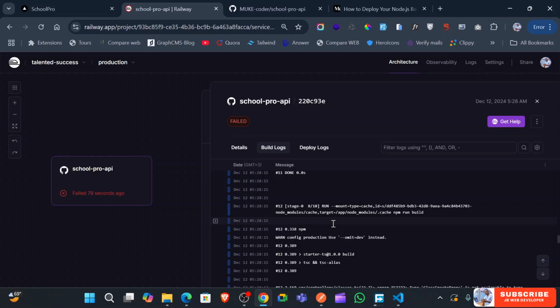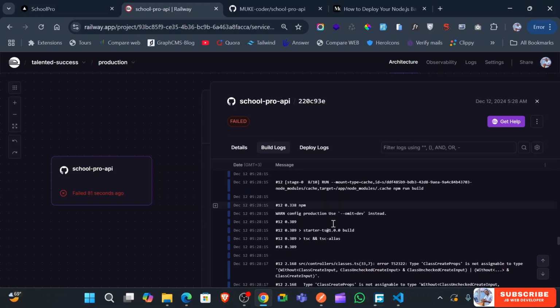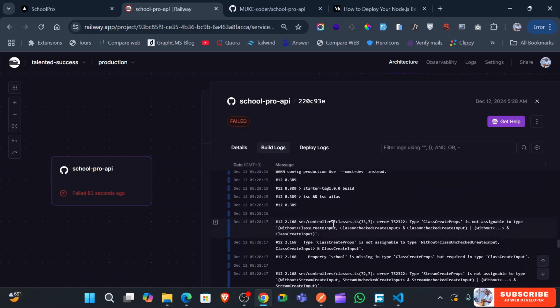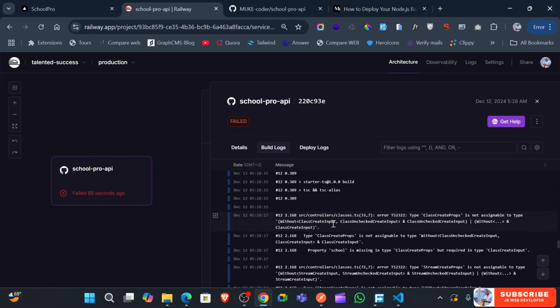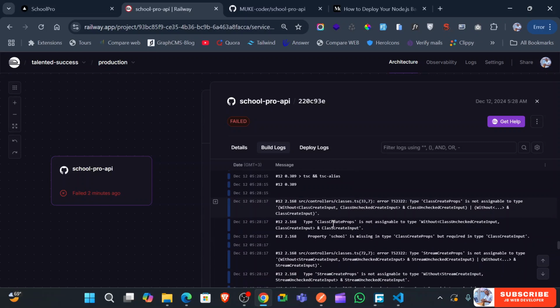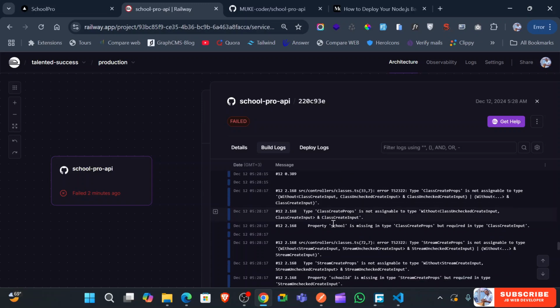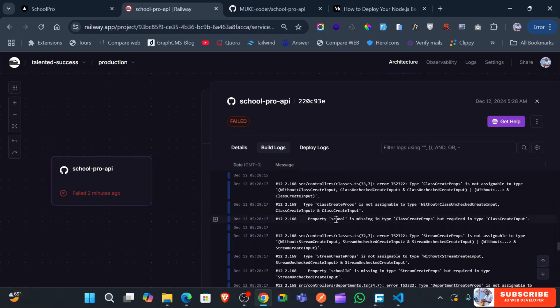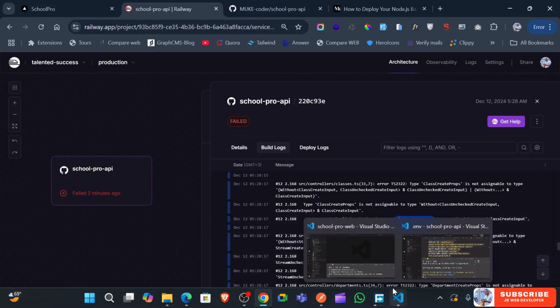You can see here it's saying cache.run, and then types class create input. Property school is missing in the type class create props, but required in. Okay, it seems like we have